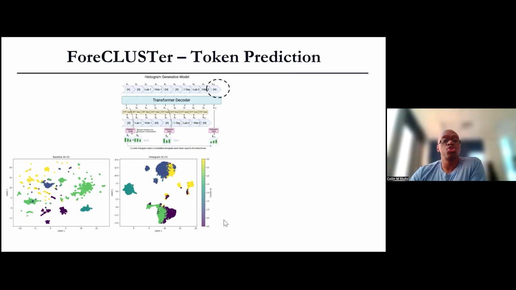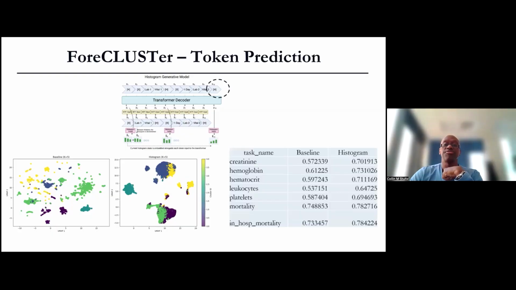In addition, you can use these embeddings to actually ask questions. You're not training a model, you're just looking at the embeddings, and here Nassim has divided this into 5 clusters. The question is, for an embedding, if I want to know whether they're going to have an abnormal creatinine in the future, like in the next 128 tokens, I look at their cluster and I see what is the most likely thing in it. Do most of the patients in that cluster have an elevated creatinine or not? And that's how I make the assignment as to the prediction. So I'm just doing the assignment based on the clustering. And if you do that, you find that the clustering actually does quite well relative to the baseline.